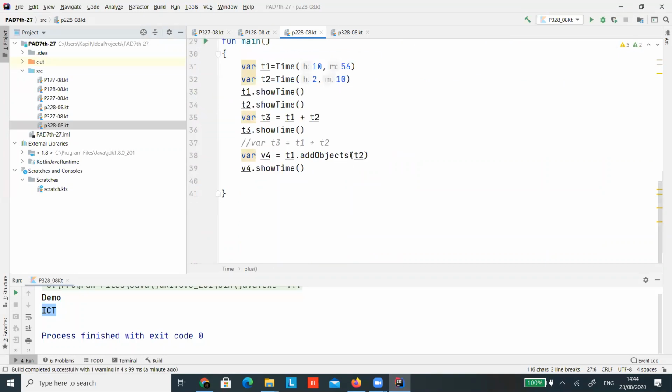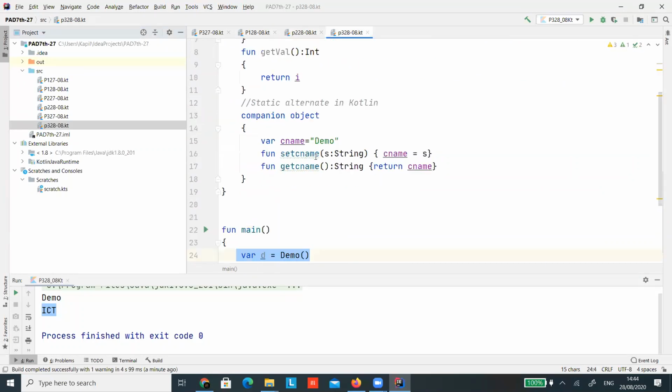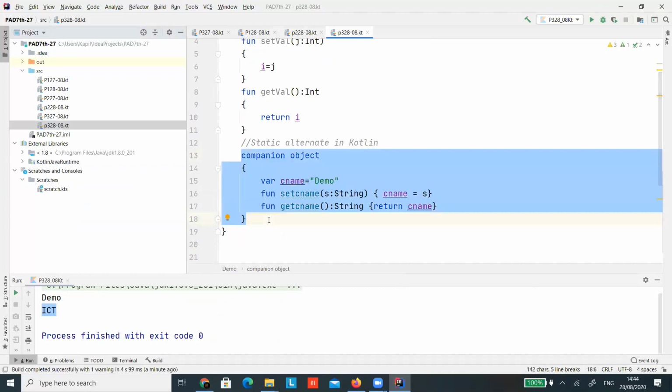The third thing we learned is how to carry static values in a project while developing in Android using Kotlin. These are the three main things we have discussed. Any doubt in this? Please tell me. Okay, there is no answer, so let me just go ahead.